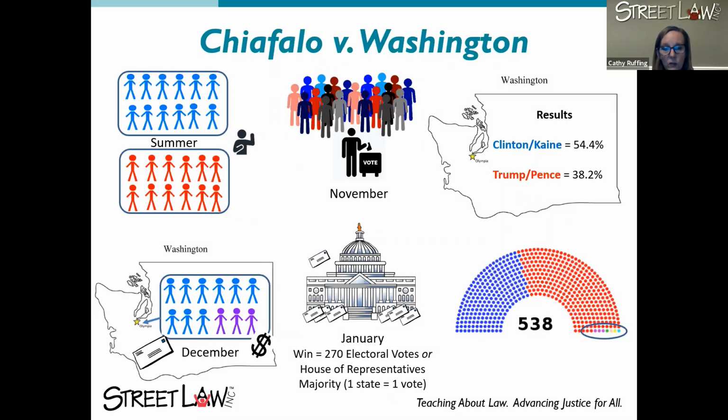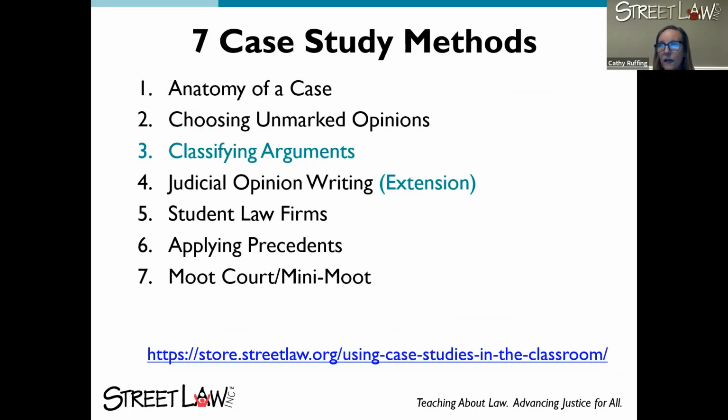So we're going to leave the story of these two cases here for just a moment, but we will come back, I promise, to talk about the 7 case study methods. These methods range from the pretty simple, like the anatomy of a case.